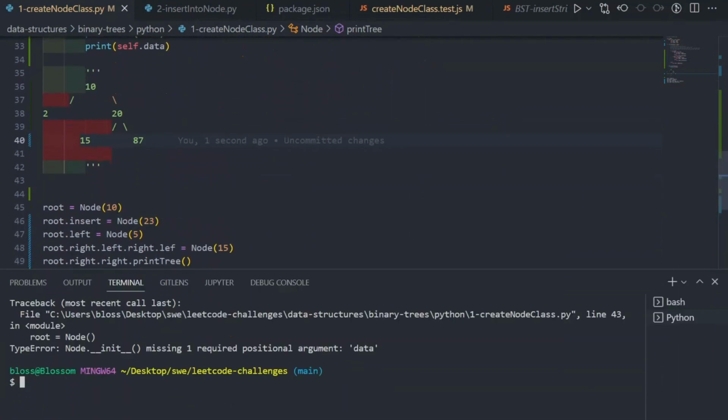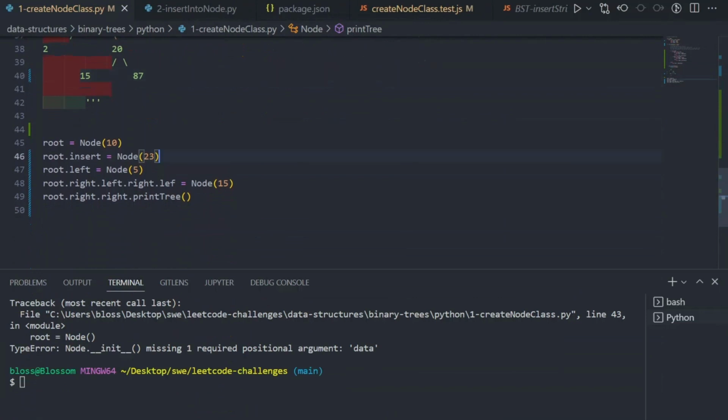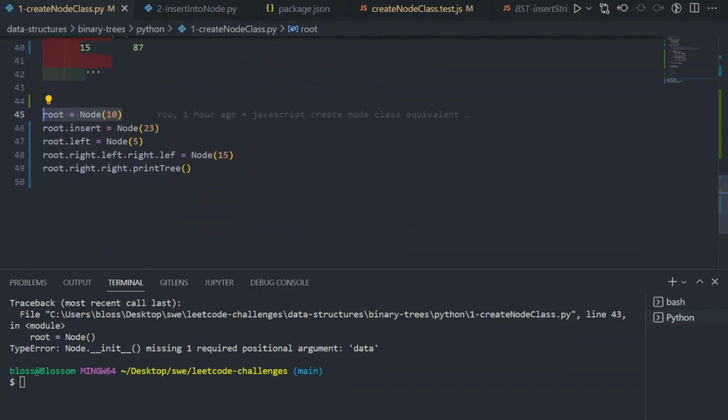So the first thing that you notice is that we do not need to start creating nodes. We do not need to start defining where we want to place our node. We don't need to create every node every single time. What we need to do is create our root node, and then we don't have to start deciding, okay, do I want it on the right child, or do I want it on the left child? Our insert function is going to do this for us. And so what are we going to do? We're just going to call this function